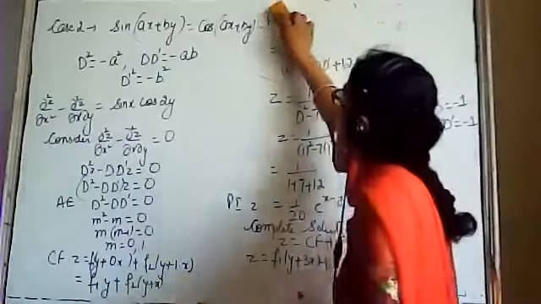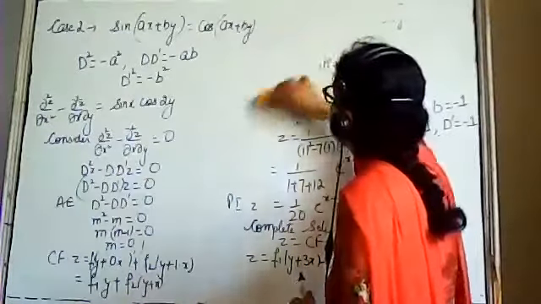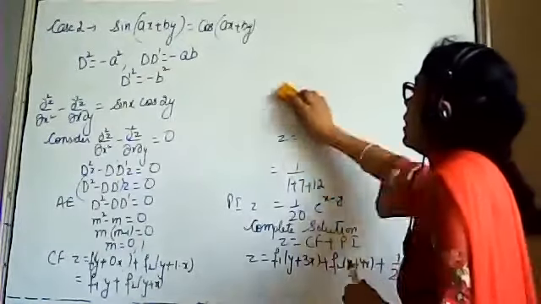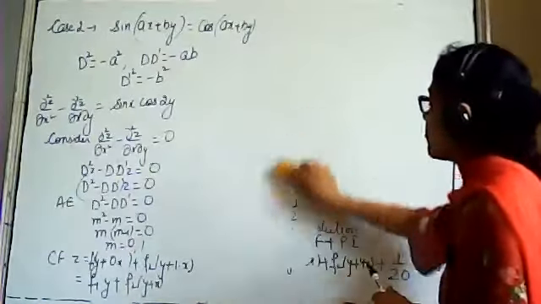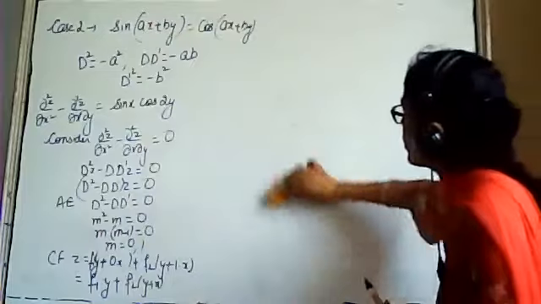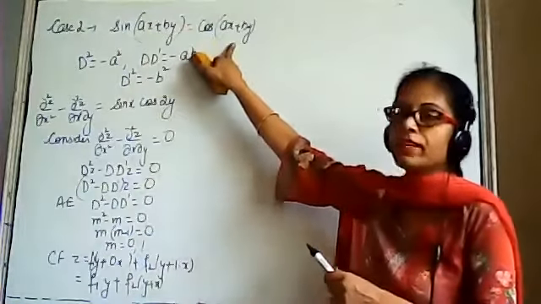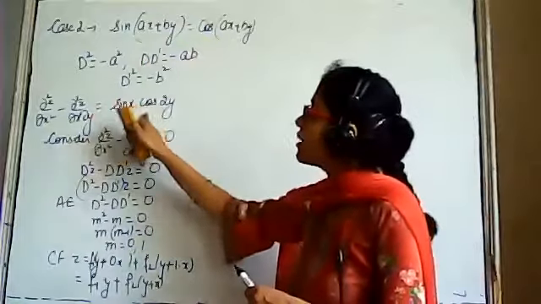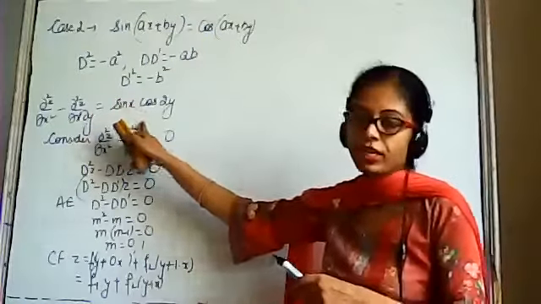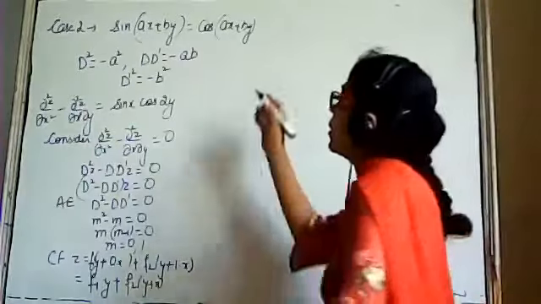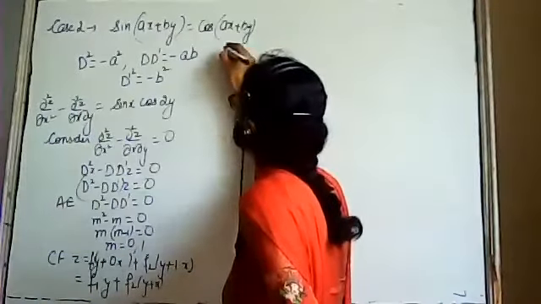So this is our complementary function. After that, we have to find the particular integral. But we have done the formula of the particular integral in the case of sin ax plus by or cos ax plus by. But in this question, we have this term in multiplication. First of all, we can separate these terms. Given equation,